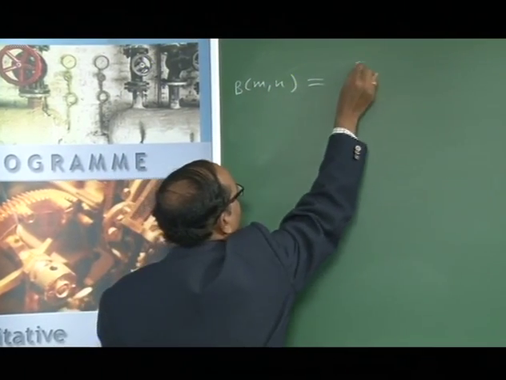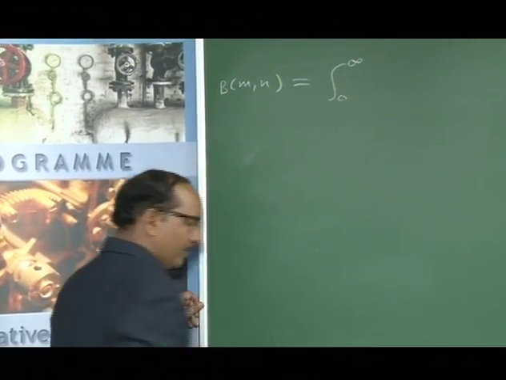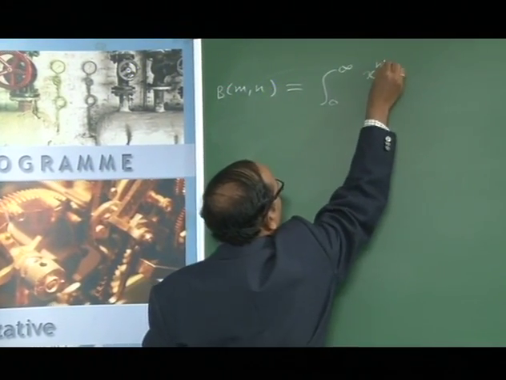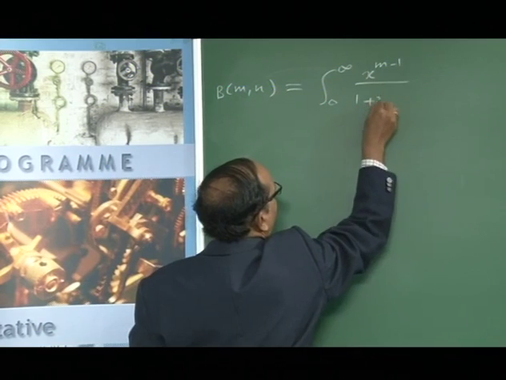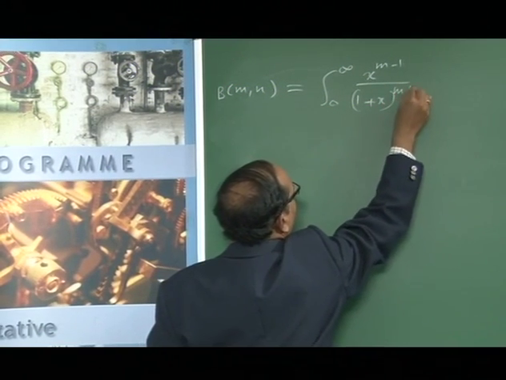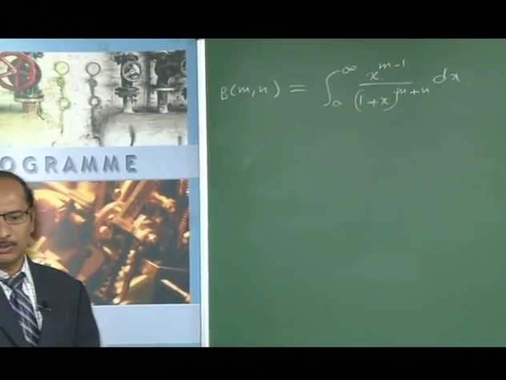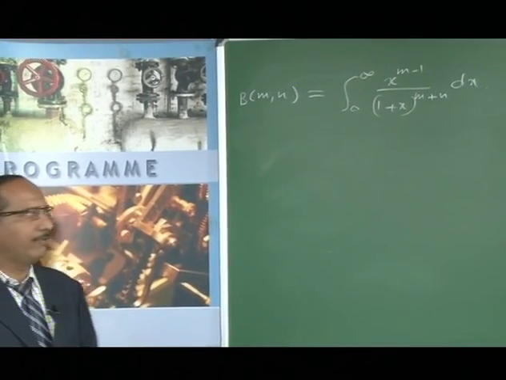Beta(m,n): we have to prove that it equals the integral from 0 to infinity of x to the power m minus 1 divided by (1 plus x) to the power m plus n dx. To prove this, from the definition of beta(m,n),